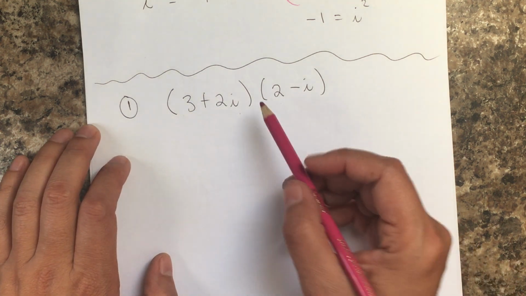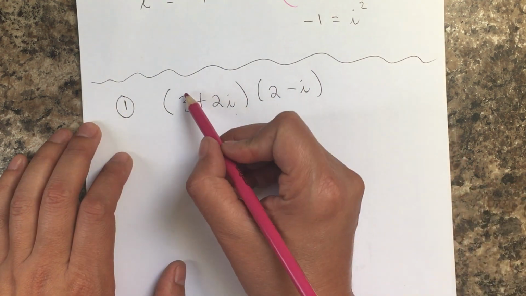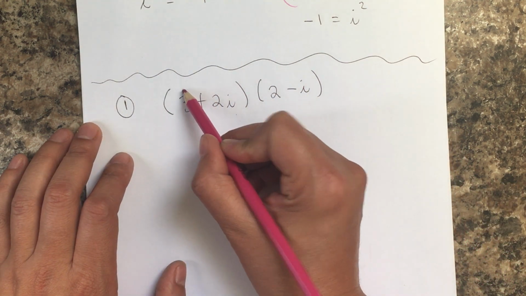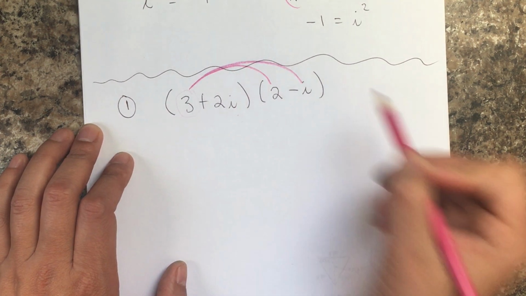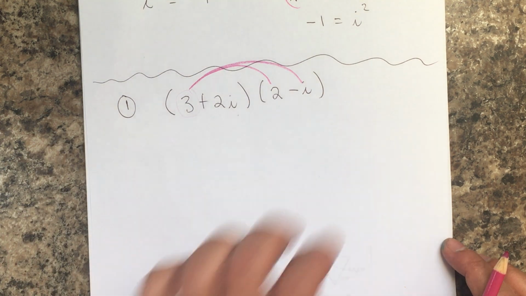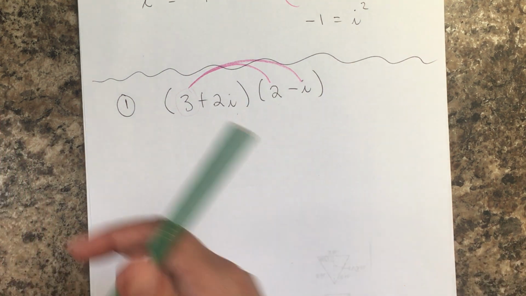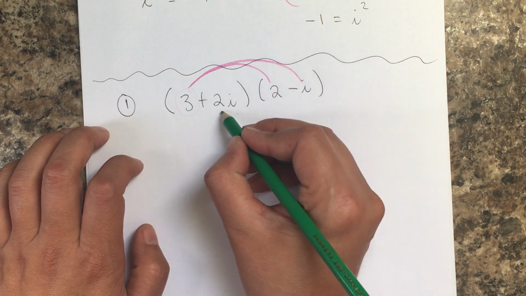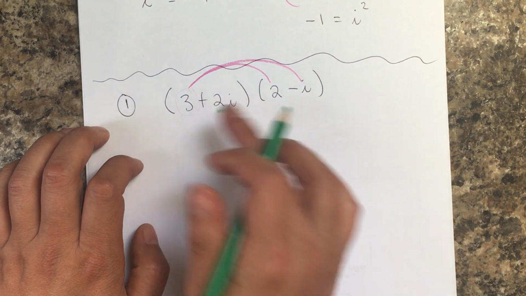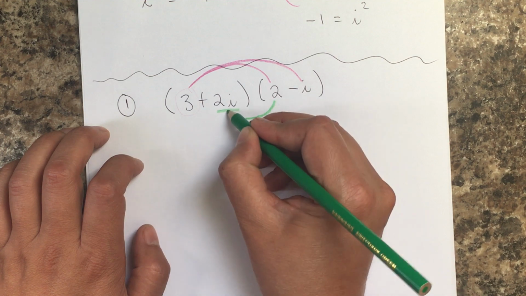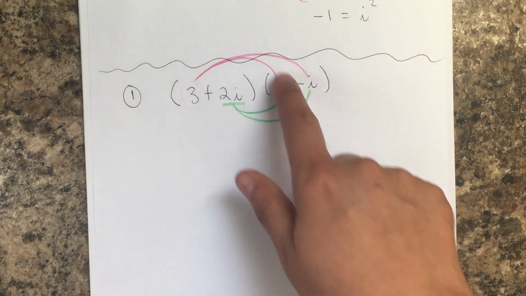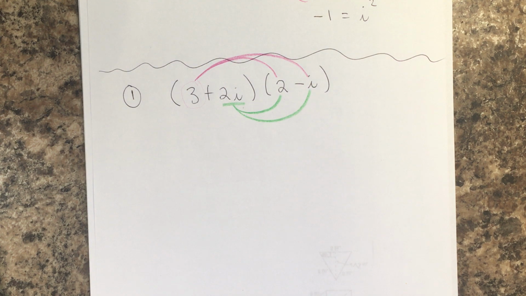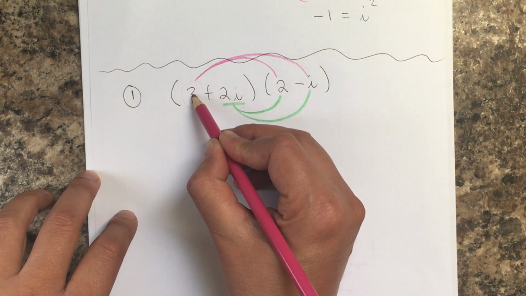So when we're multiplying in here, I just call it the double distributive property, because you're multiplying the 3 times each of the terms inside of the second parenthesis. And after you've done that, you take the second term in the first parenthesis and multiply it also by the 2 terms in the other parenthesis. And so I'm going to keep it with the same color so that you keep track of it. So 3 times 2,